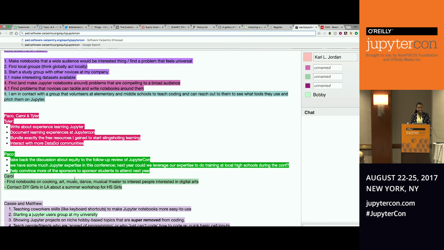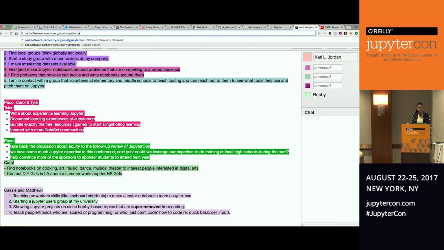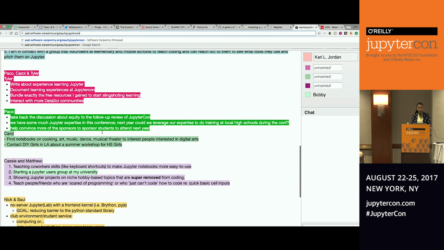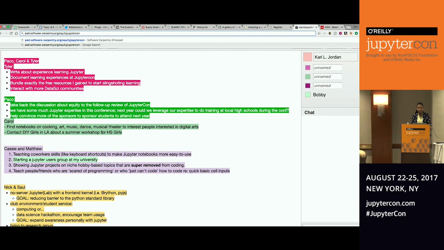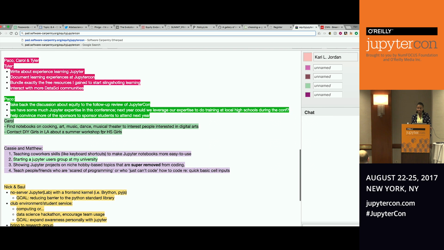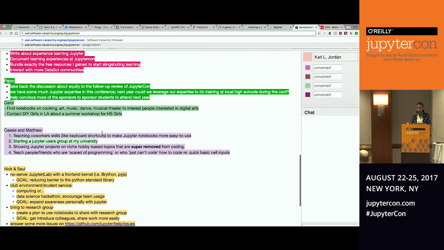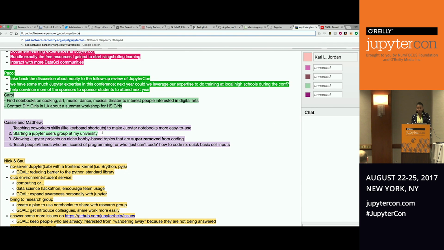Paco. So Paco, Carol, and Tyler talked about writing about their experience learning Jupyter. Yeah, I'm like 2 months into it. So how has your experience been so far? It's been great. Like I was telling Paco, I think my favorite thing is being able to take a book that someone has written, and I can run it next to me. I can copy, I can see the changes back and forth, and I can write in it too. It's not just a block of text that I put in. It's actual markdown with headers and all that stuff.